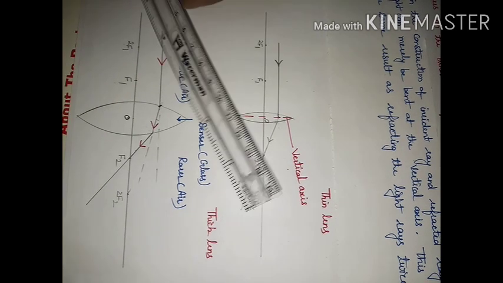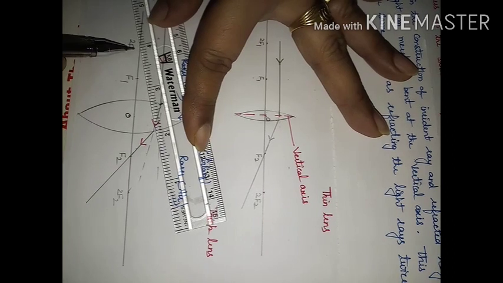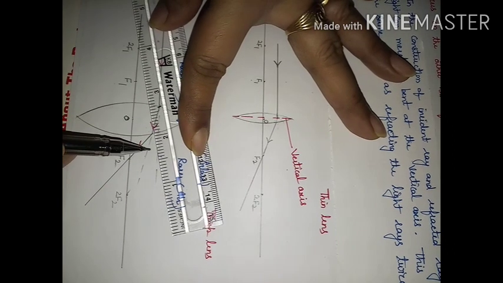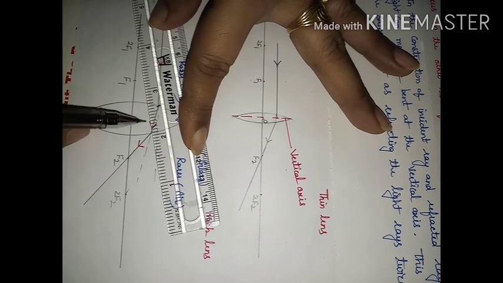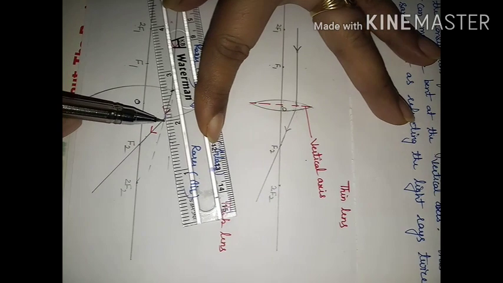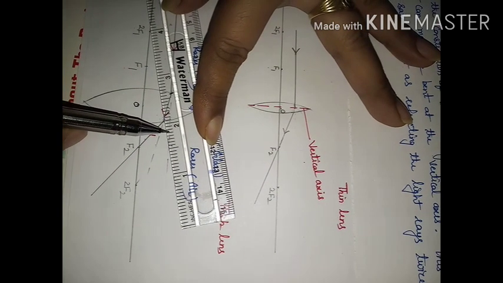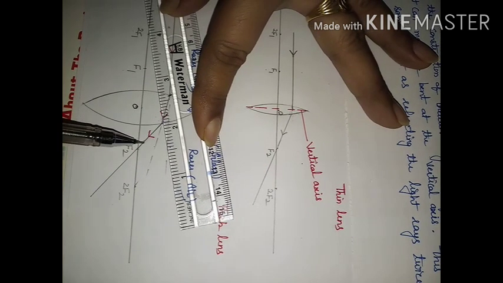So where is the position of the normal here? This is the position of the normal. I have not drawn the normal because otherwise the diagram will become too complicated. This is the position of the normal here. This is the position of the normal. So the ray of light, what will happen? The ray of light will not go towards this side. It will come away. So when it comes away, it will move this side.